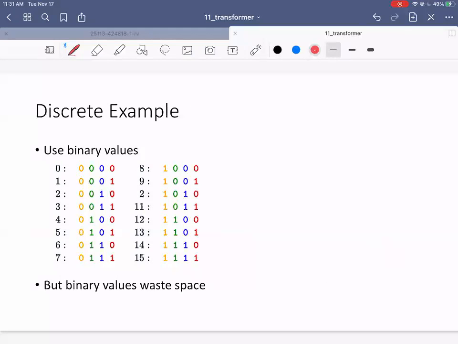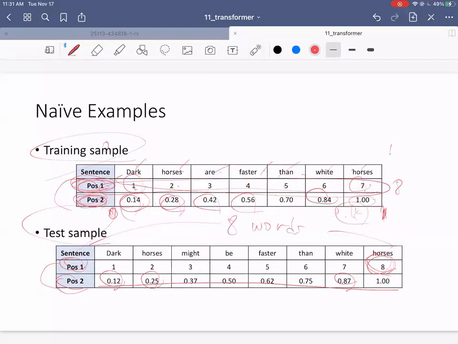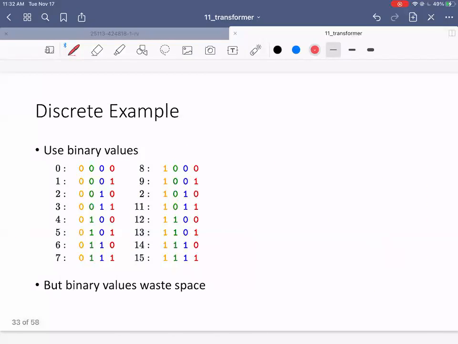So a better approach is not to have scalar valued positional encodings, but a vector valued positional encoding. In this case, the first word could have 0, 0, 0, 0. The second word could have 0, 0, 0, 1. The third word could have 0, 0, 1, 0, and so on. It's basically binary coding. So in this case, you can have 4 values representing the position,